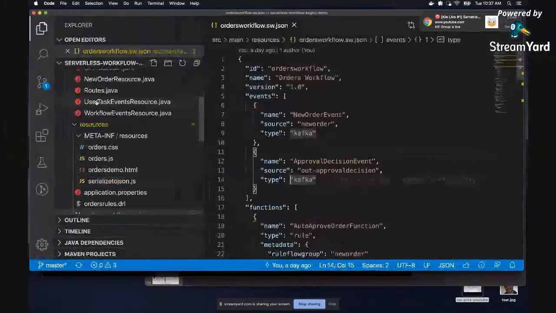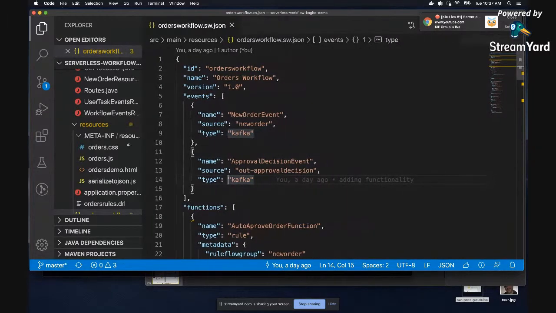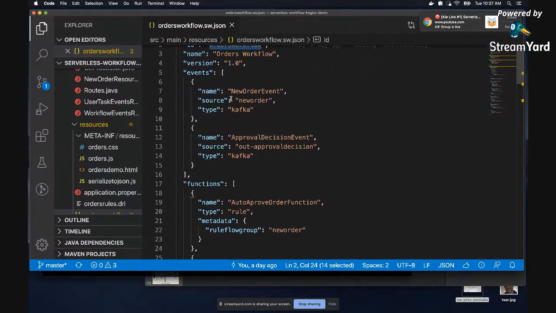I'm blind. All right. So what we have here, and I'm just going to simply go through this JSON. Again, you can do the same thing in YAML. It's supported not only by the specification, but also by our Kogito runtime at the moment. So what we have here is an orders workflow. And the orders workflow defines a number of events. For example, we have a new order event. Right now, we define it as type Kafka. The type property has nothing to do with runtime or execution. It just gives a little more context to the type of the event that it is.